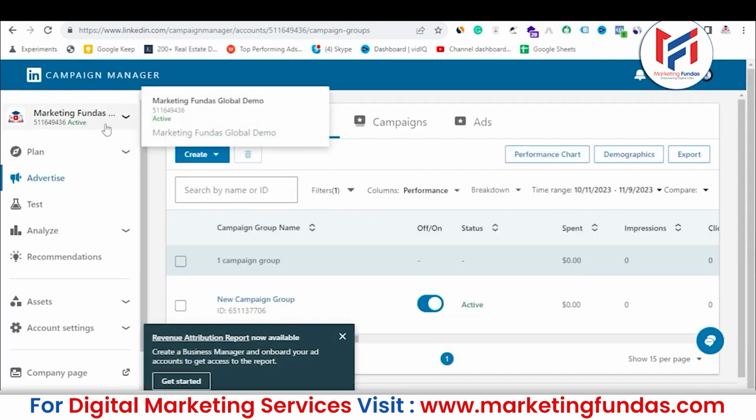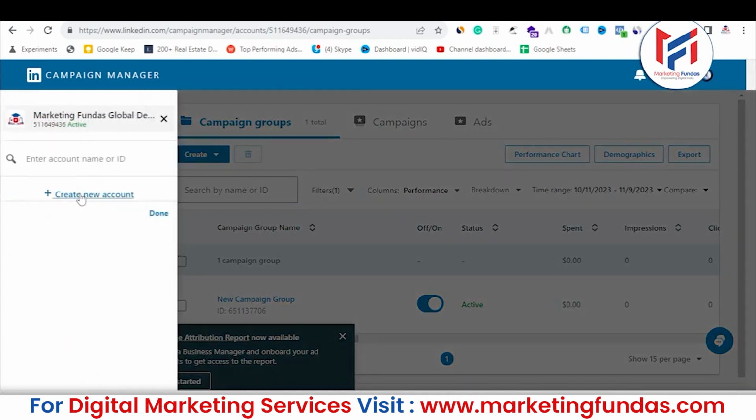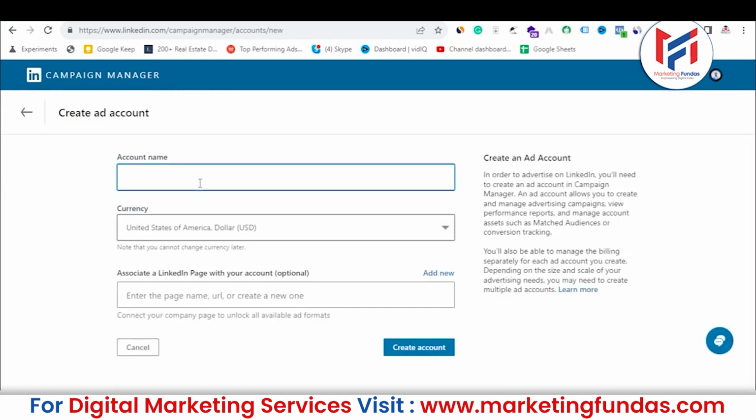And as you can see, this one is totally active because we have added the billing. Now you can click here, and again you can click here as well, create new account. Both options are the same. You will be redirected to this option only. Now here you can name the account. So let's say I'm adding demo